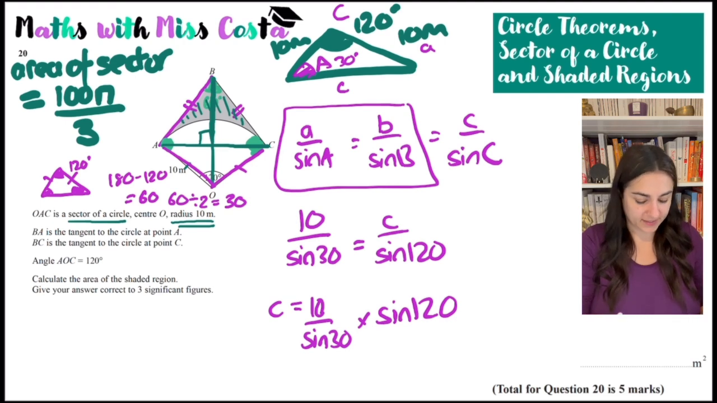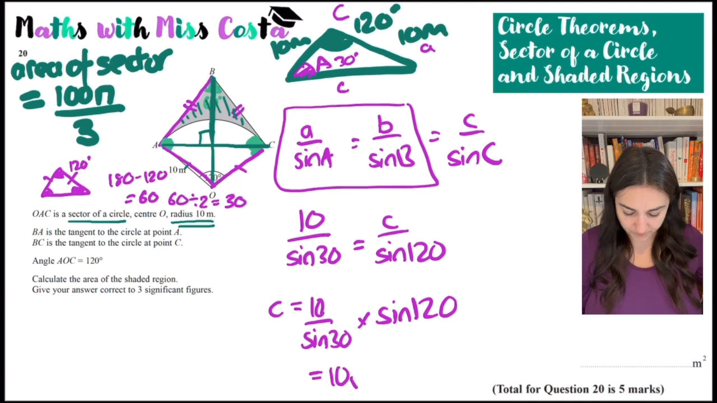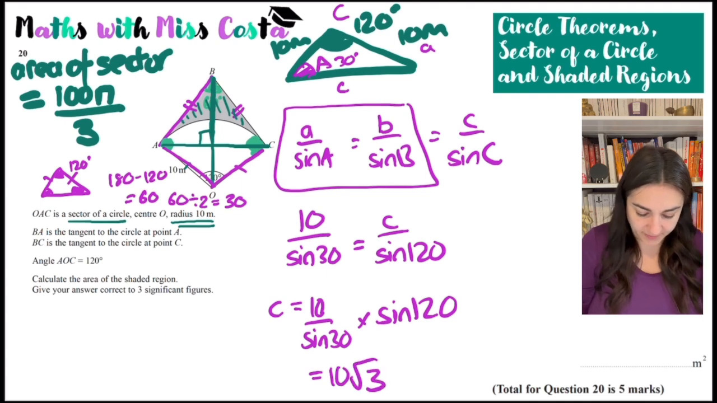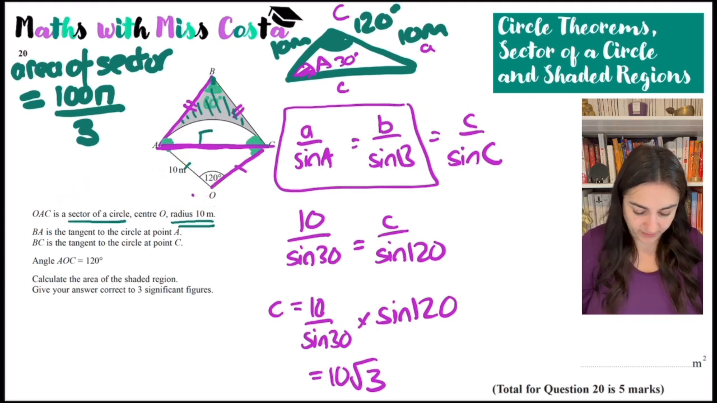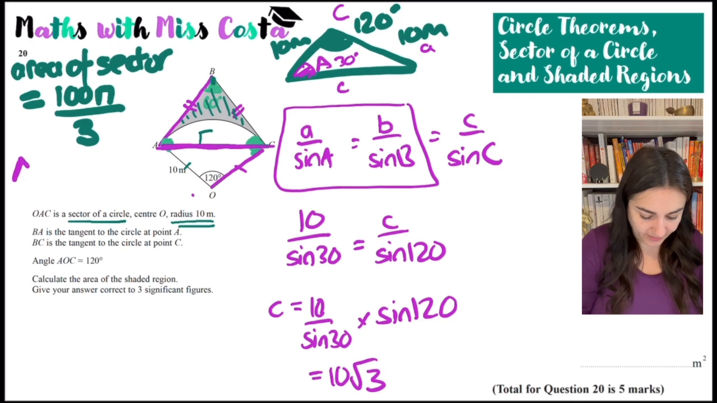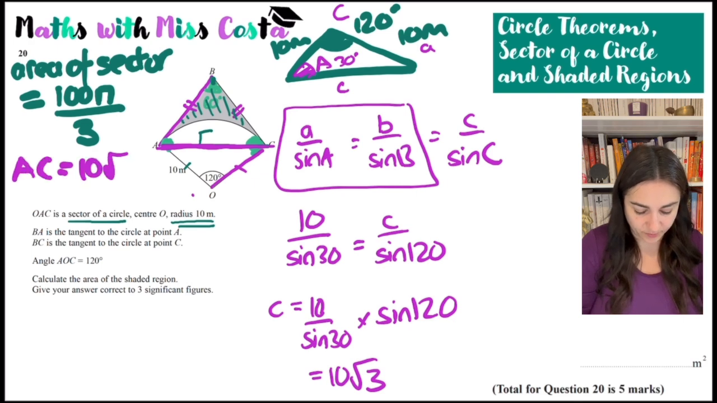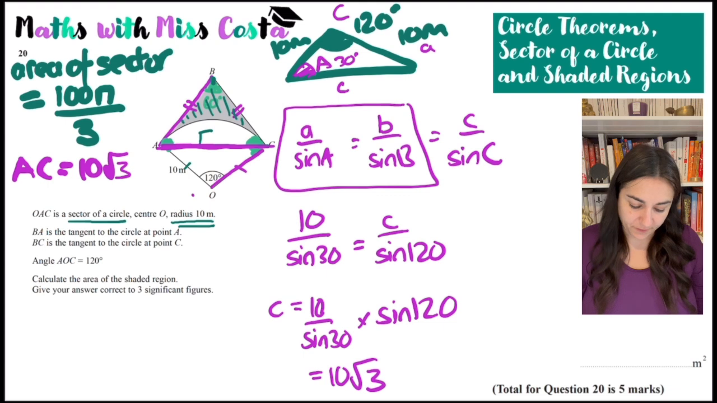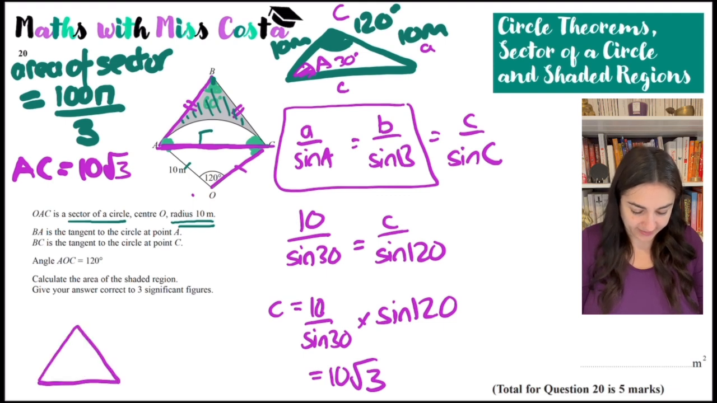So let's do that. 10 over sine 30 times sine 120 gives me 10 root 3. Okay, so I know that this long line here is 10 root 3. So let's write that somewhere important too, so it doesn't get lost. AC is 10 root 3. Okay, if I know what the size of AC is,